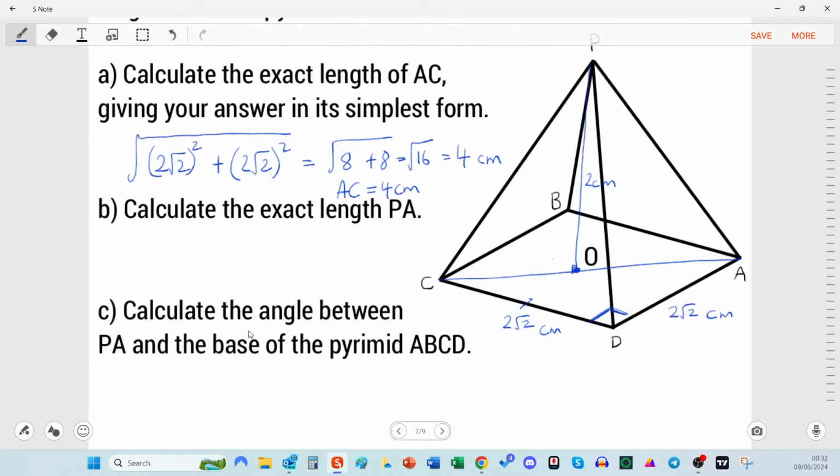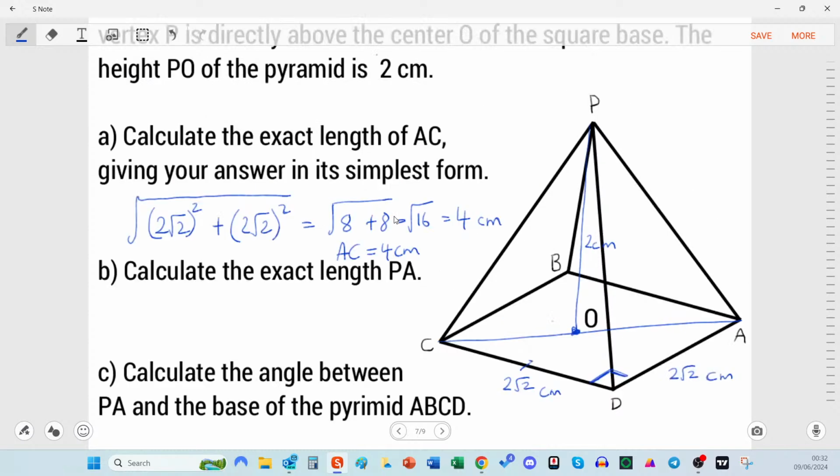Calculate the exact length PA. That is very exact, isn't it? For calculate the exact length PA. Okay, PA is this hypotenuse, right? So this long line here, and this goes to the center. So this bit is the center of